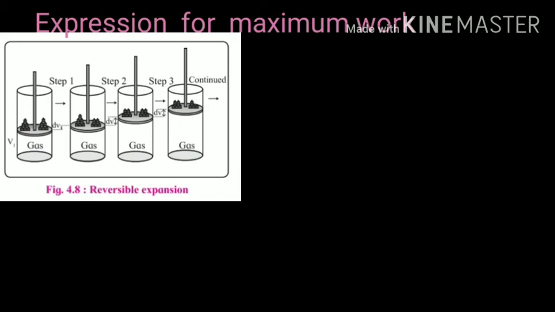Only when the external pressure decreases, the piston will move in upward direction. And this expansion is going to continue until the pressure of gas falls to the external pressure, or you can say the pressure of gas becomes equal to the external pressure. After this condition is achieved, there won't be any further expansion, and you can say that the system is now in mechanical equilibrium with the surrounding.